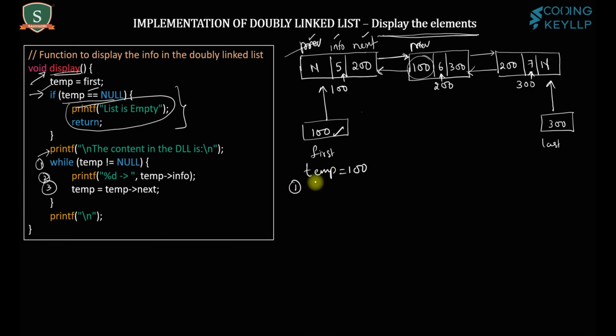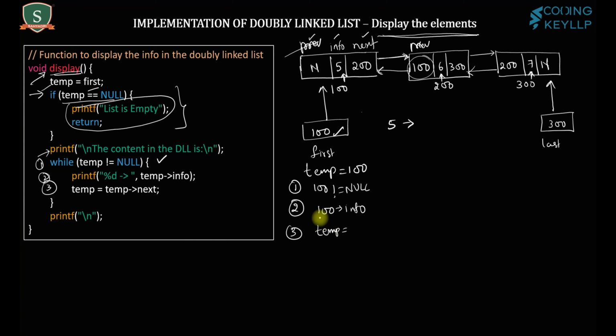First, it checks the condition. Temporary is equal to 100, 100 not equal to null, so the condition is successful. So it enters into the loop. Inside the loop, 100, that is temporary info. So what is 100's info? 100's info is 5. It prints 5 first. Then the third step,